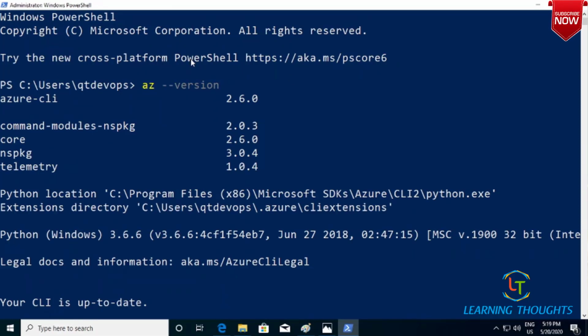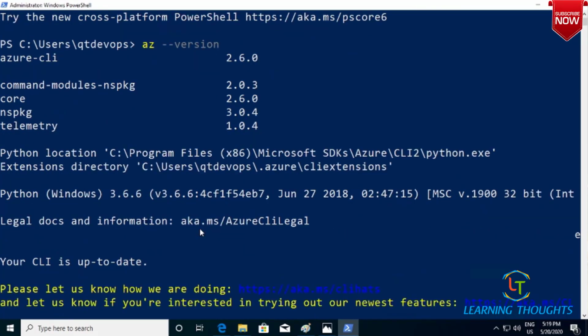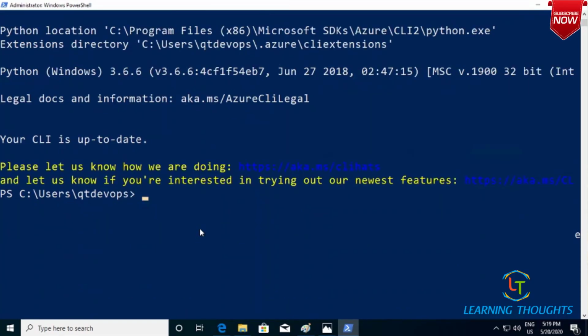This command is responding back, which tells us that Azure CLI has been installed.